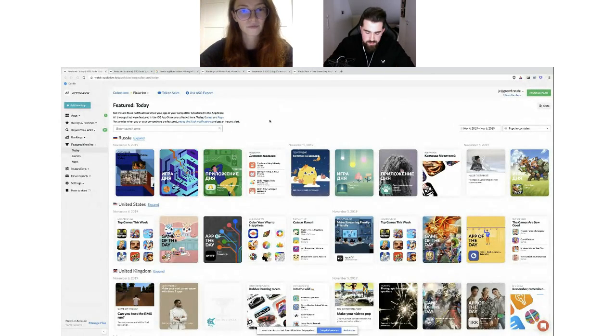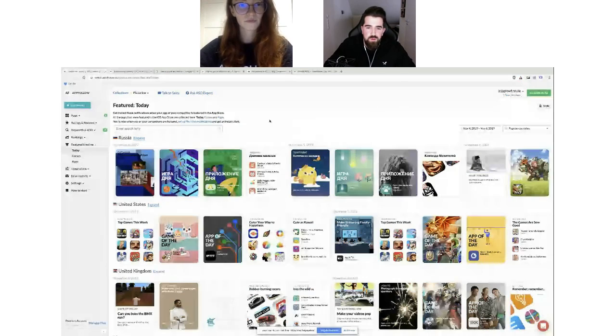ASO is not only keyword optimization, as someone new to the service might think. Especially in 2019, it's also a lot of visibility coming from browse traffic, like features, top charts, maybe similar apps. So you have to be a little more holistic in approaching ASO.